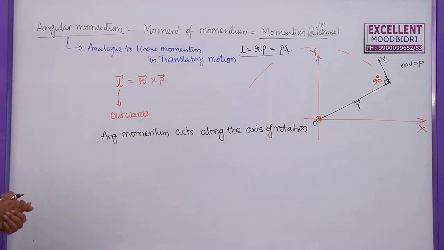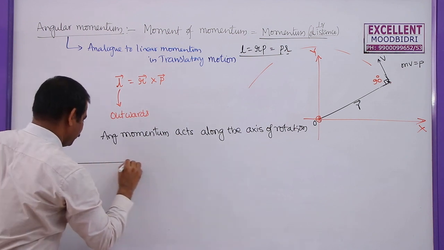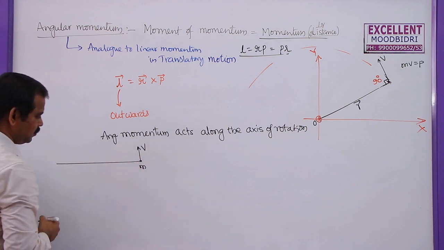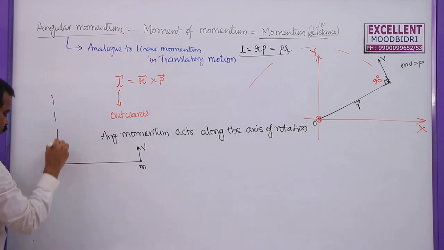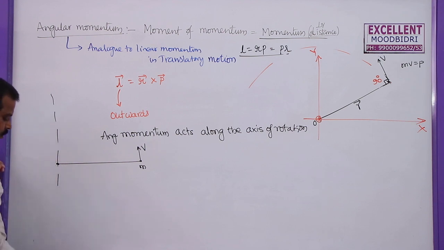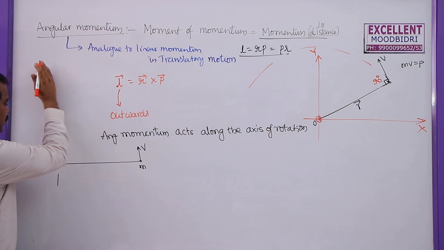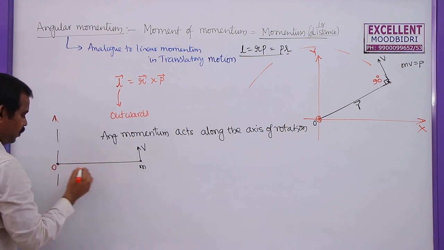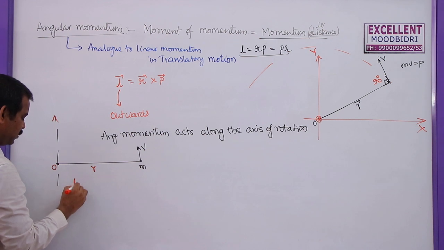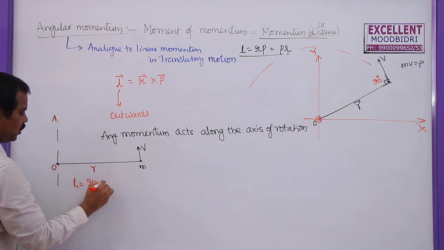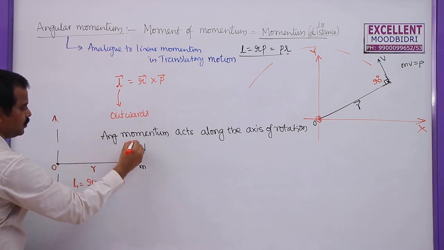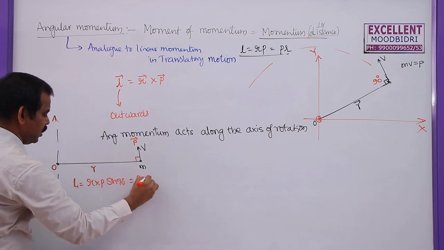Now, if you take this particle of mass m, which has velocity v here, to find the angular momentum about this point, this is the x-axis and this is the y-axis. About the origin, if the point is not mentioned, you have to find the angular momentum about the origin. Let the distance be r. So what is the angular momentum here? This is r cross p sine theta, that is 90 here. This is r, this is p vector, p bar. So this will be rp.